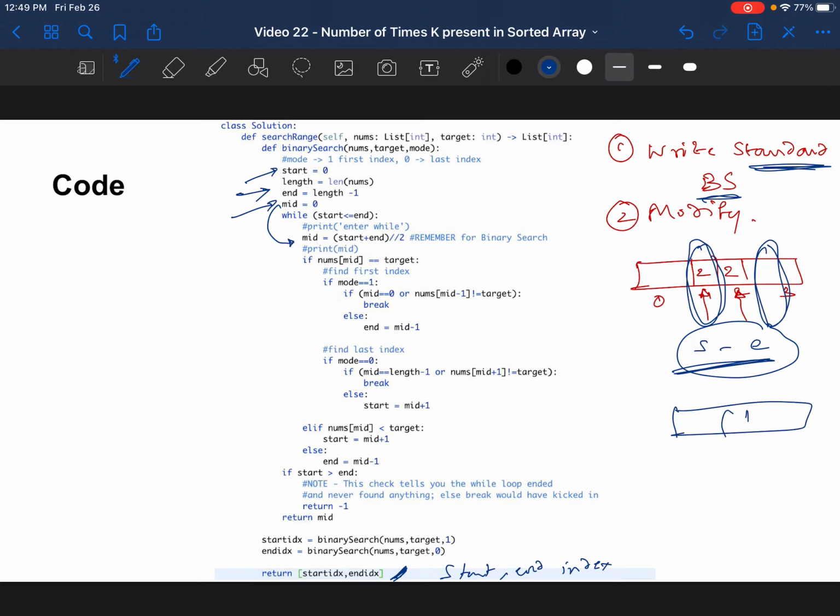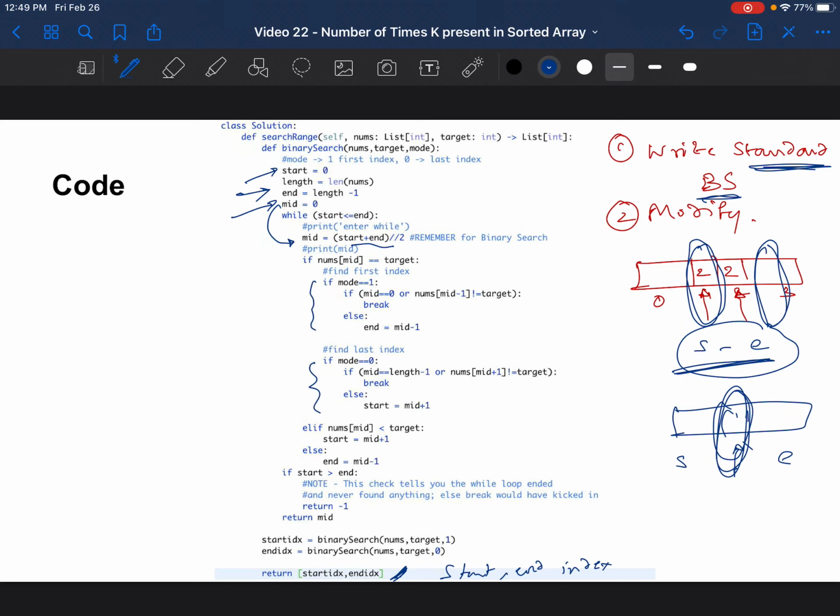We want to run binary search till we are done with the entire array, right? So I have this condition, start less than or equal to end. Again, this is standard binary search. And here the first thing you do is you calculate mid. So if I give you a start position and end position, you calculate the mid position by simply adding the two indexes and dividing them by 2, which will point you to the middle of the array. And if you've hit the target,